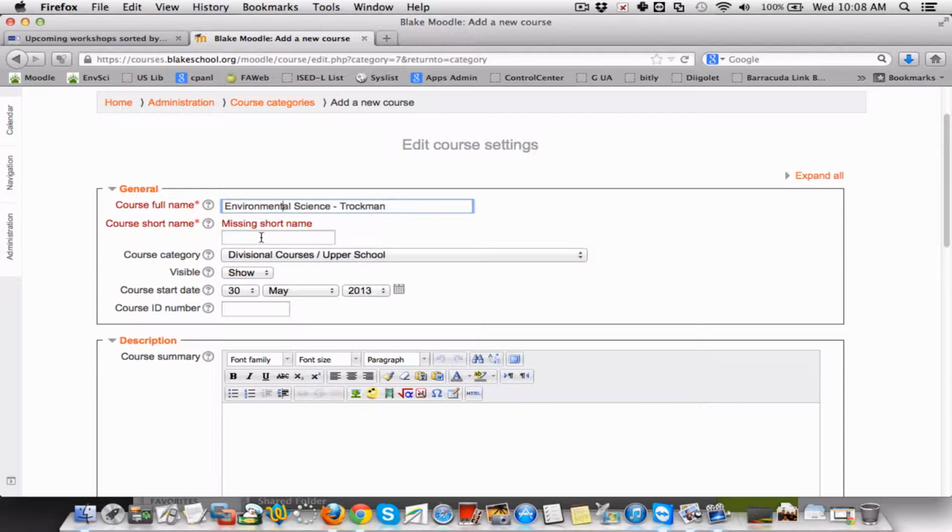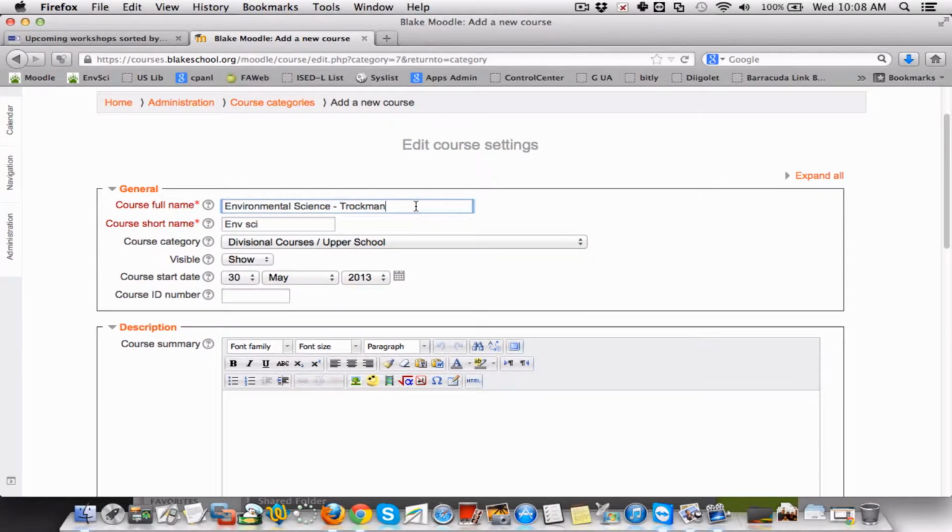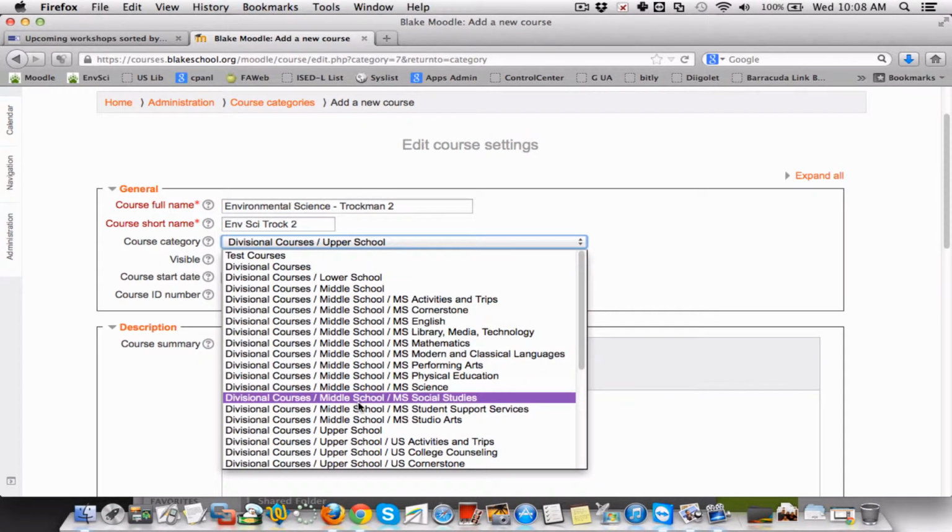Here under course short name, this is just a shortening of the name, but it should be similar. Just in case, I have one already named the same thing. These names have to be unique. Moodle will not allow you to have two courses of the same name. Then under course category, make sure it's in the correct place. I'm going to put it into upper school,